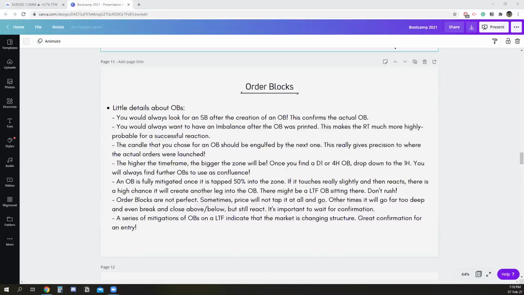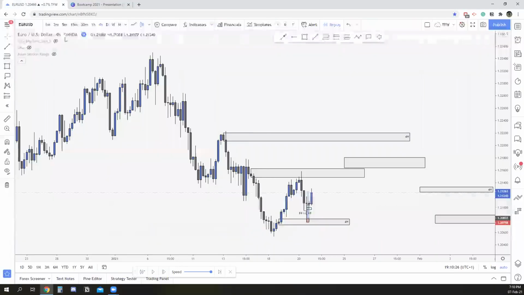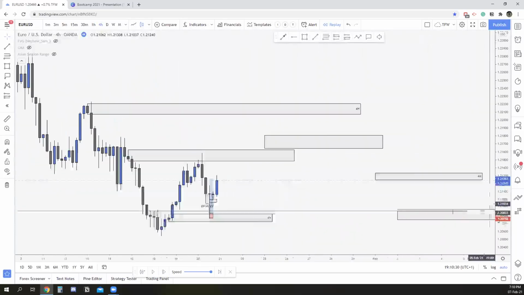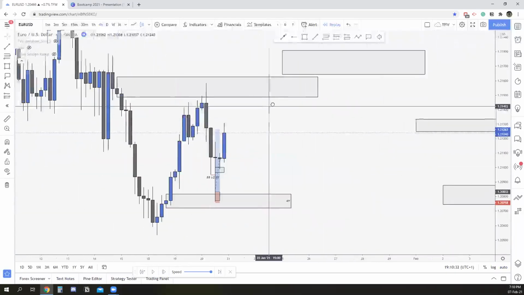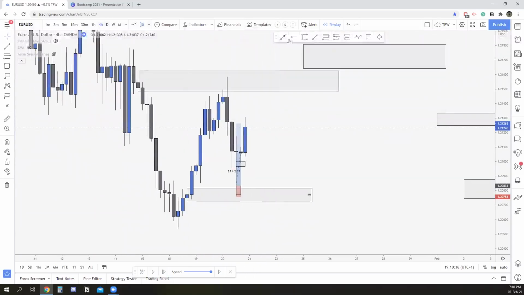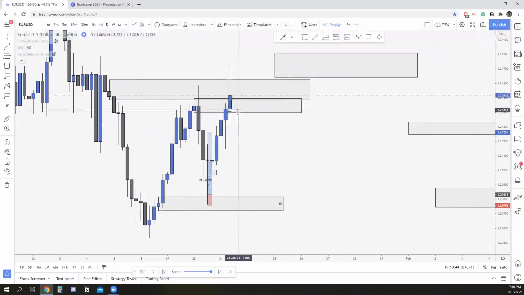How long would you keep your order if it isn't getting tapped, or how far would you let price push away? For the push away, this is basically your take profit area, and this depends on what kind of target you want to go for. So on this occasion, if we took a long from down there, I would say from a quality perspective, this is an OB right here, isn't it? Have a look at the last buy before the sell. That is engulfed. So potentially, I'm going to place my take profit right there.